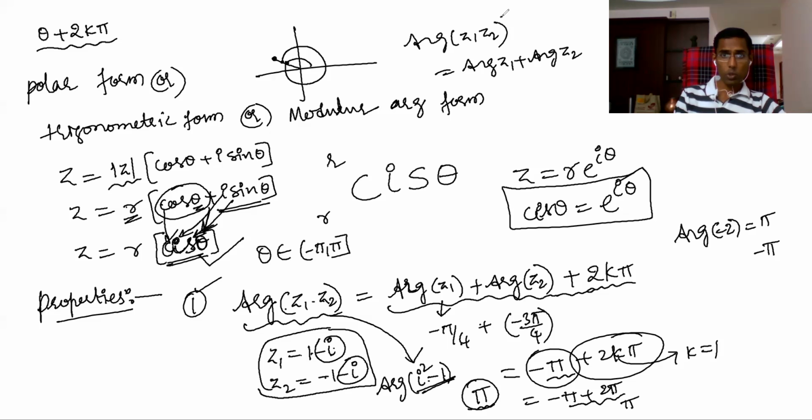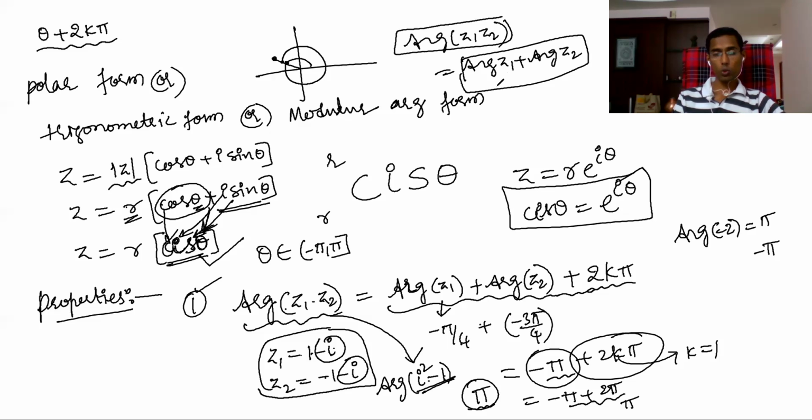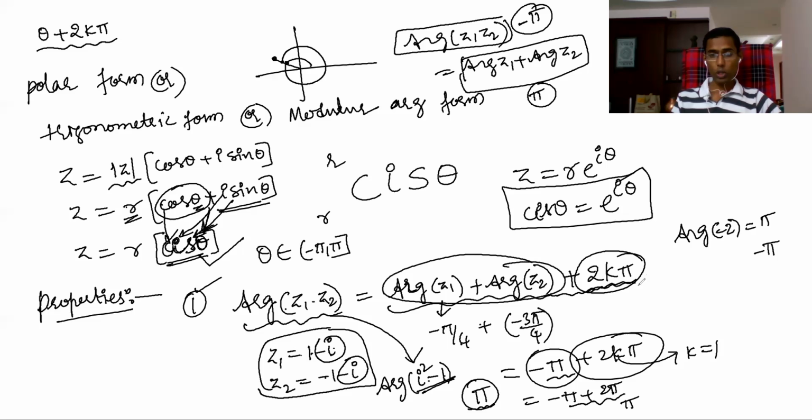What I am saying is this argument and this argument will be equal. If you talk in terms of the general argument, these both are equal. Let's say this you got minus pi, this you got pi, both are the same. As far as the argument is concerned, minus pi and plus pi are both equal. So just to make both equal, or to bring it into the principal argument, we add 2k pi.